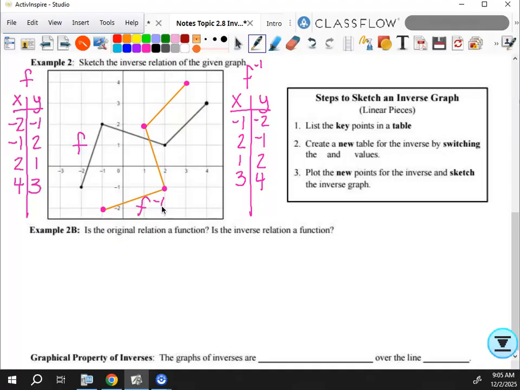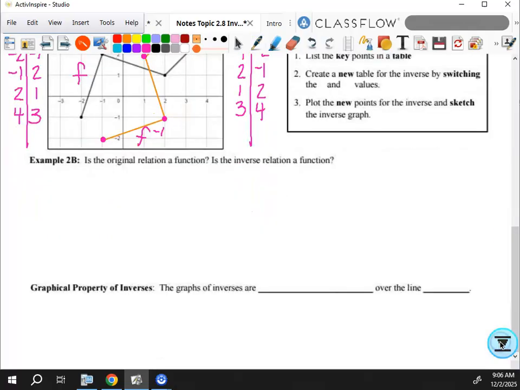Whew, that was rough. Okay, so all right, is the original relation a function? Yes. Okay, now we're gonna be very specific with our words. So we're gonna say that yes, F is a function, and they didn't name it F, I don't think, but I did, so I don't have to say the original relation. I named it, so it's totally fine. F is a function because